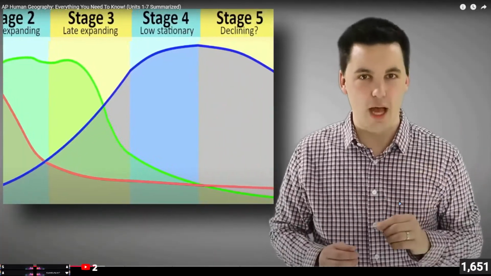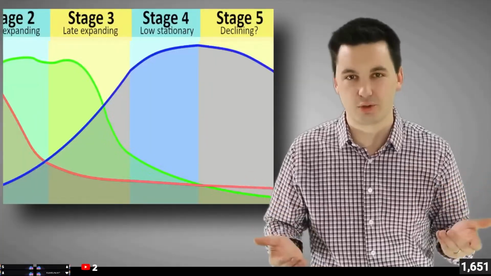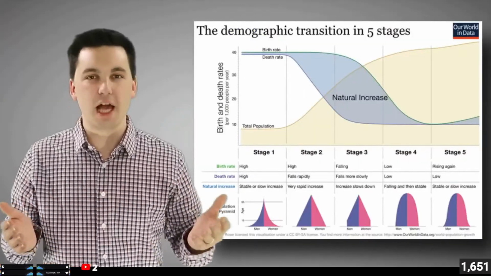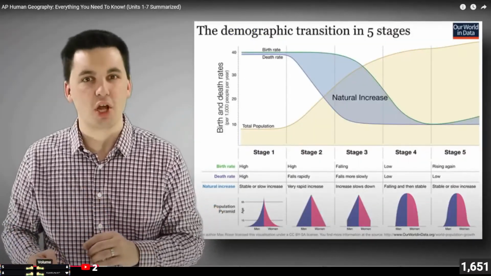However, we also have the debated 5th stage as well, and this is where our deaths actually rise above our births, and we start to see our population decrease. Understanding this model is key to understanding societies around the world. It not only helps us understand their economic and social opportunities, migration patterns, urbanization, we can also see what's going on with death. And another model to quickly make sure you review is the epidemiologic transition model. This one follows the demographic transition model, and it looks at causes of death in each of the stages.